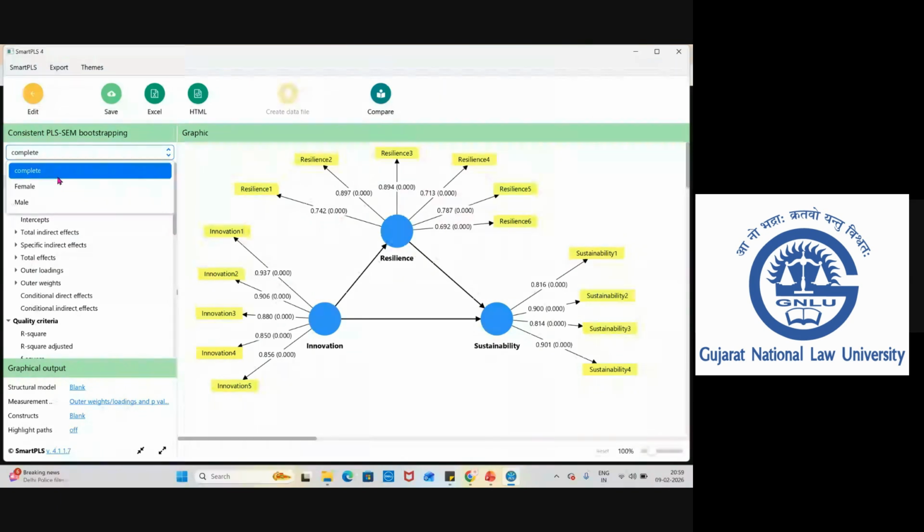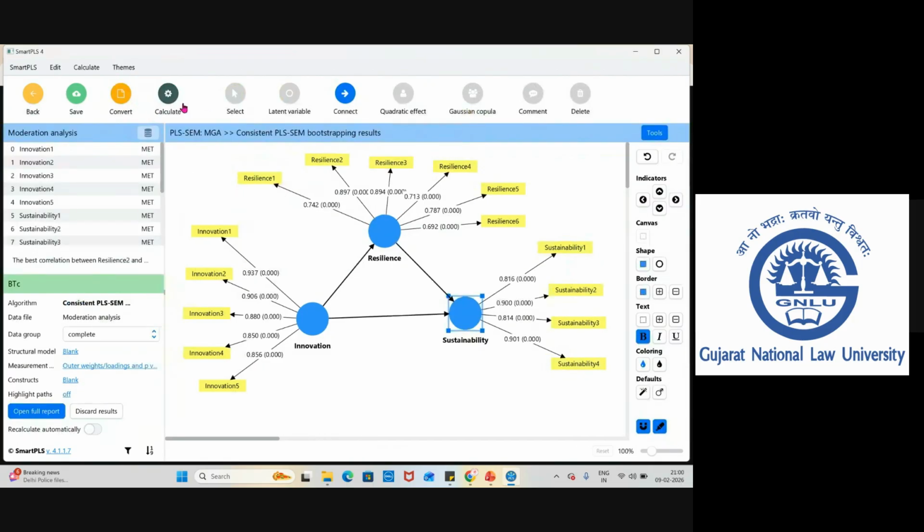You need to report complete data, female data, and male data. For example, if you have countries like India and USA, you're going to report the complete data, India wise as well as US wise. If you're comparing country wise, or product wise, or elderly and younger age group wise, that's all. Okay. Now this is the complete data.